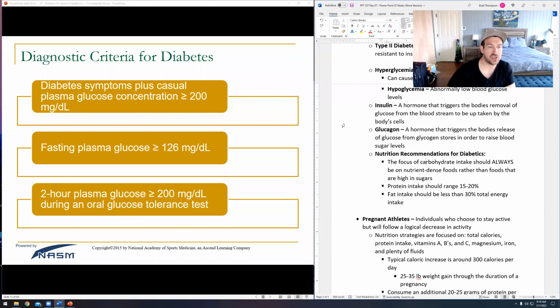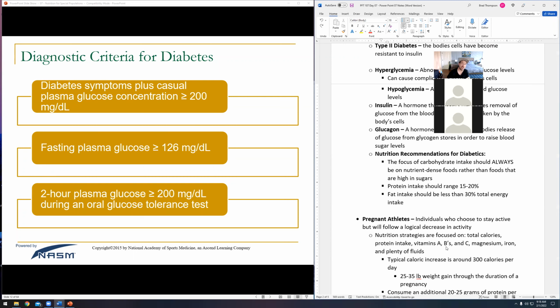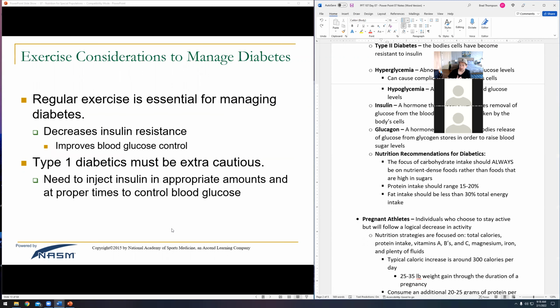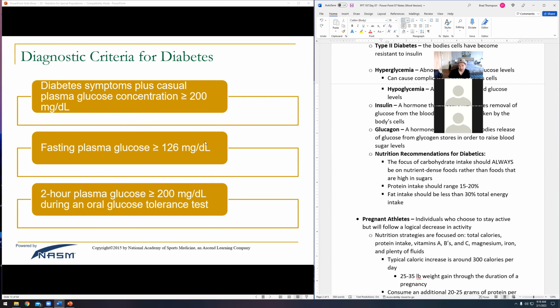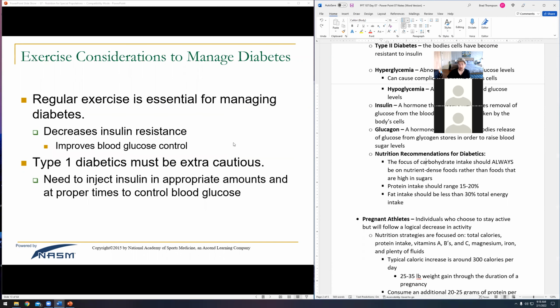So if their blood sugar levels are greater than about 200 milligrams per deciliter of blood, that is a sort of criteria for diabetes. These are numbers that you can somewhat get familiar with, because if you start working with a diabetic client and they go to the doctor regularly, they might come back and tell you their blood sugar levels. Again, you don't need these memorized, guys. But if you're working with them for 6 months and it's like, hey, my blood glucose levels were 250 and today they were 240 and then a couple weeks later it's like 230, it's like, hey, everything's going in the right direction. We're almost under 200, you know?